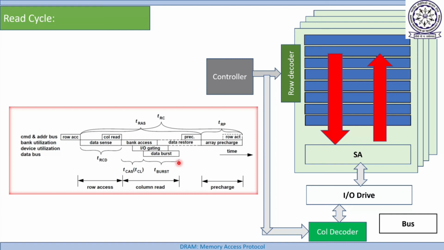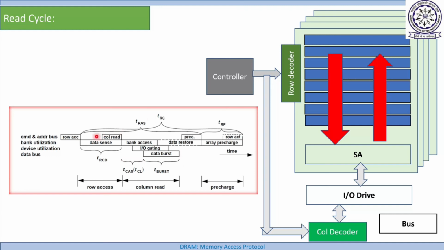So, the time required to read a complete row. After T_RCD time, data will be available in the sense amplifier. T_RCD is from here to here. After T_RCD time, the column read operation can be performed, and this column read operation needs two times. One is first of all T_CAS time and then T_bus time. So both T_CAS and T_bus, the time required for the column read command, is performed simultaneously with this data restoration part.